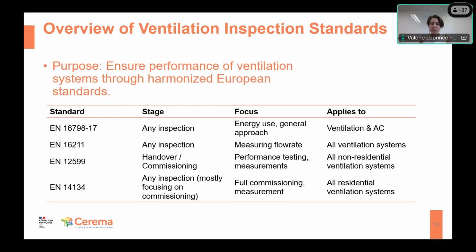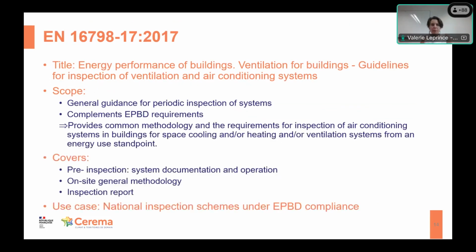14134 is dedicated to all residential buildings, and basically it can be used for any kind of inspection, but it's mostly focusing on commissioning, and it provides a strategy for the full commissioning and measurement in 14134 for residential buildings. So if we go a bit more into details,